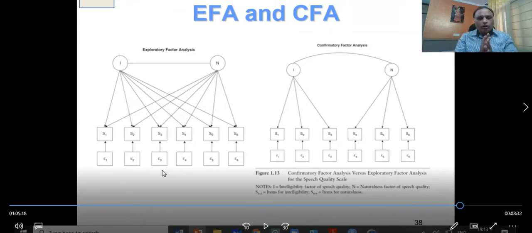You need to make sure that whatever questions, whatever items you have selected, are capturing a particular variable, dimension, domain or construct. To make it clear, we need to go for exploratory factor analysis. CFA is a bit tough because the process is rigorous. Many times you have to repeat and go through 3 or 4 steps. But exploratory factor analysis is not so rigorous as far as statistical tools are concerned. But the preparatory work is too much in exploratory.